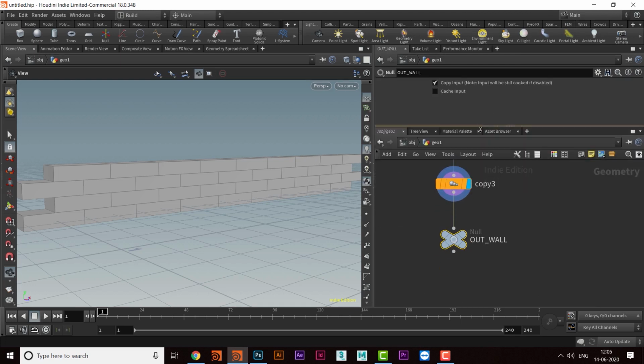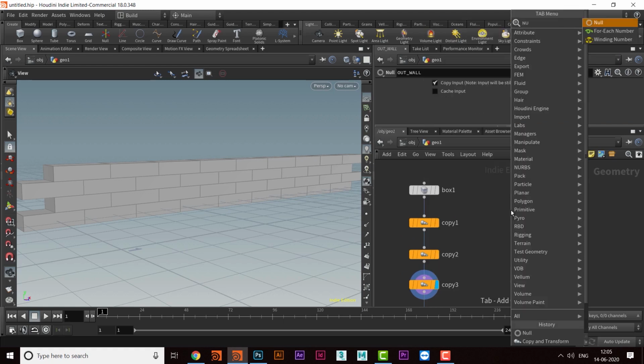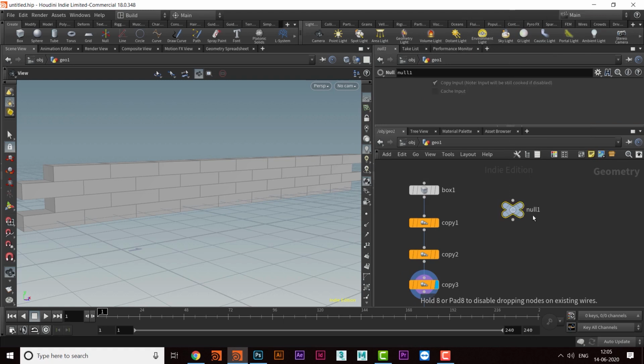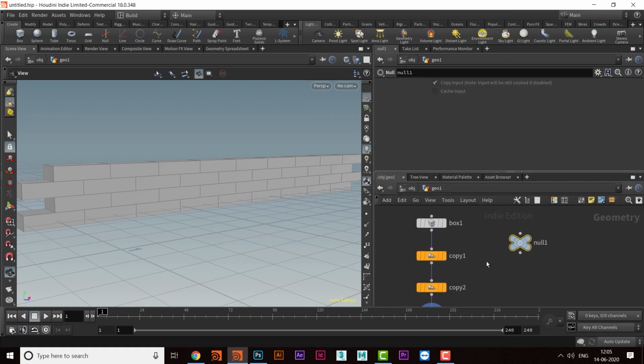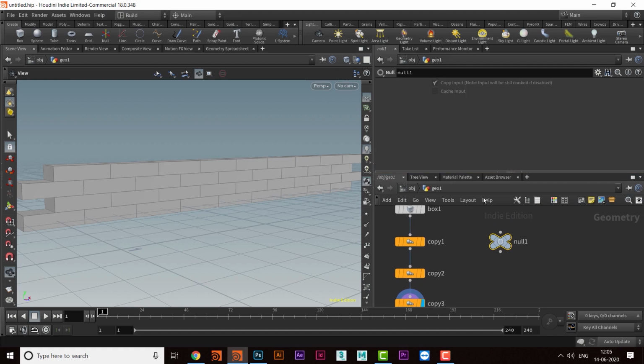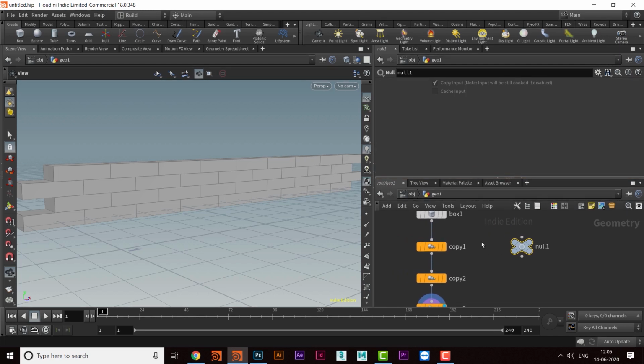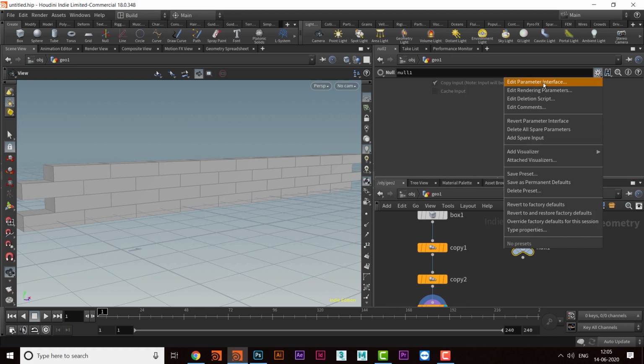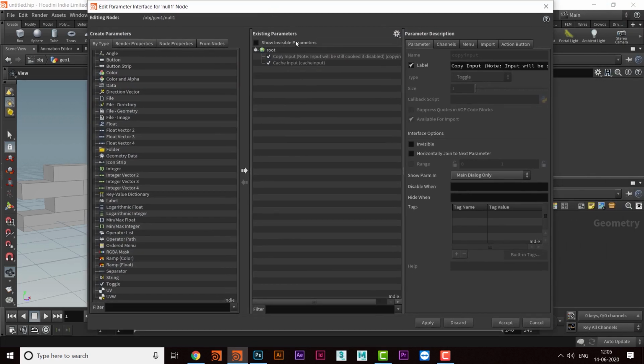Okay, so that's the wall. What I will do, I will create a controller here. I will take a null for that, and in this one I will take two options here so that the user can create a wall. Okay, so I will go to edit parameter interface, and here I will select these two inputs. Okay, and I'll make them invisible,